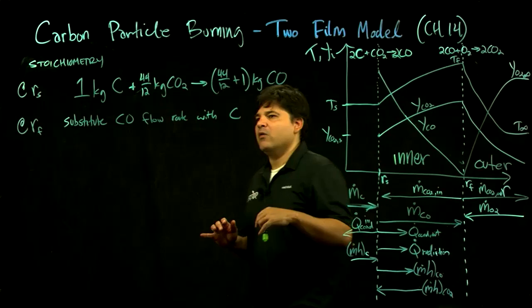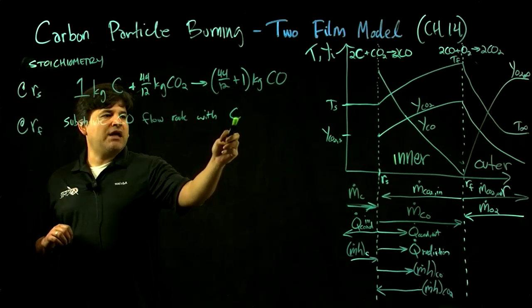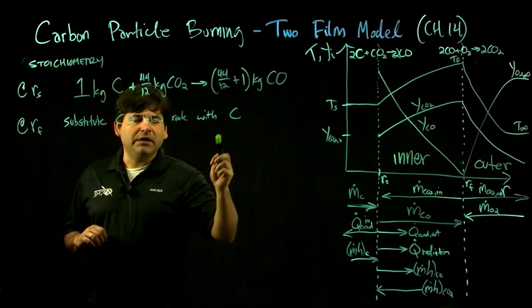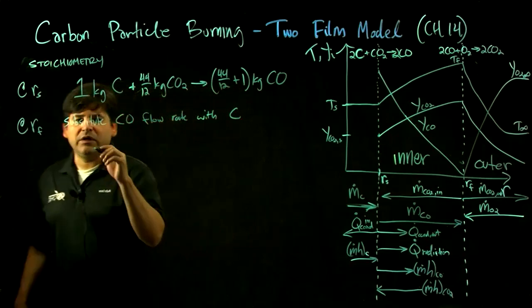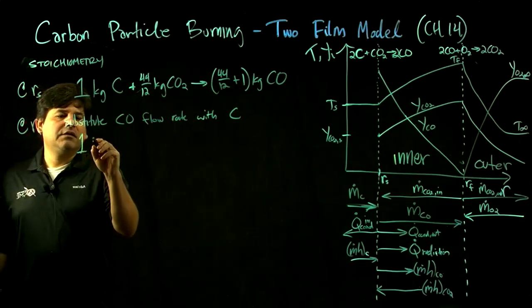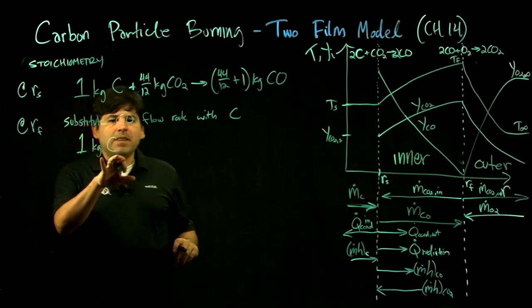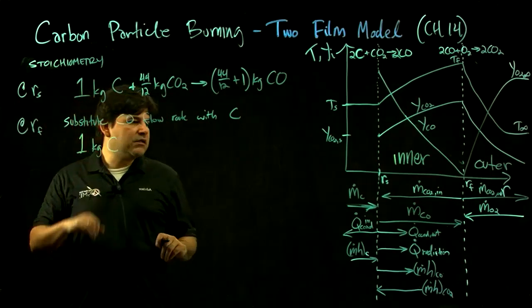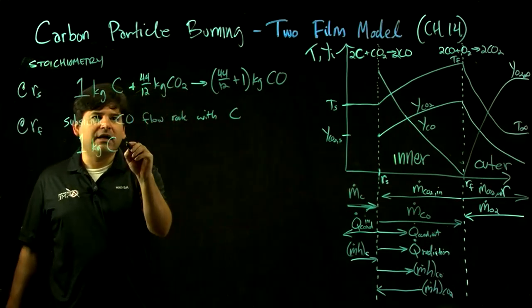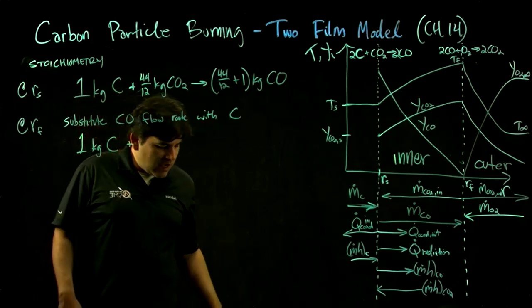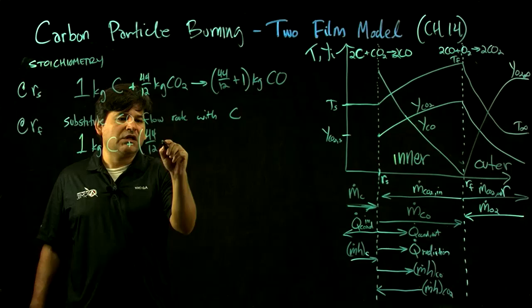To simplify, we're just going to go straight to express all of the mass flow rates in terms of carbon. As long as we can tie them together here, we can get all the flow rates. But I'm just going to show you that we're going to work in terms of carbon to skip some steps, that we are using these balances, and then at the end I'm going to show you how they are related to the carbon flow rate. So if you do that,